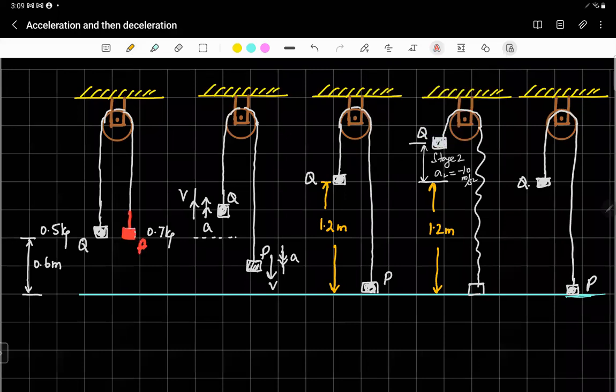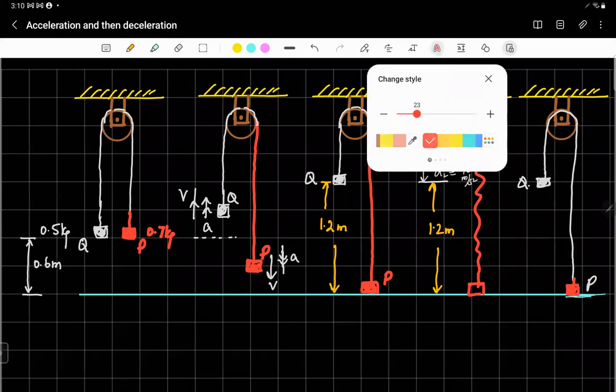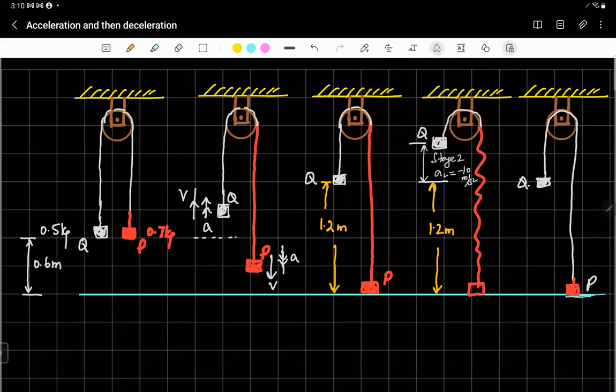This is mass P, which is of 0.7 kg. This is mass P, which is going down, and over here it has touched the ground. And this mass P, I've shown the whole side of P in red. Now you can see that mass P is of 0.7 kg and